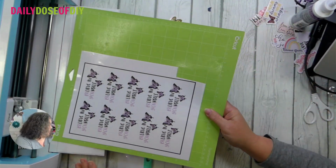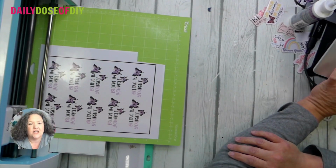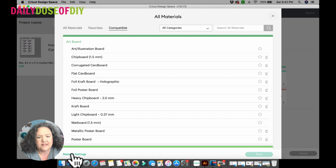And then I'm going to go ahead and load mine, and then we'll go back into Design Space and take a look at these settings. If you have an Explorer and it doesn't cut very well, go to Custom so that you can browse all materials. We're going to browse materials, and then I'm going to come down here to material settings. You can see poster boards here, but